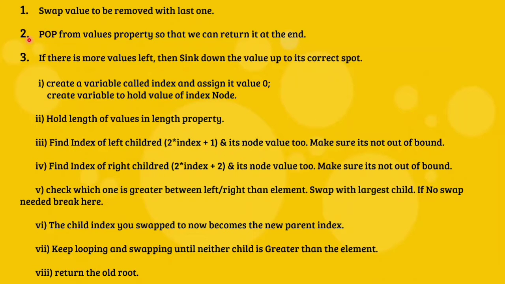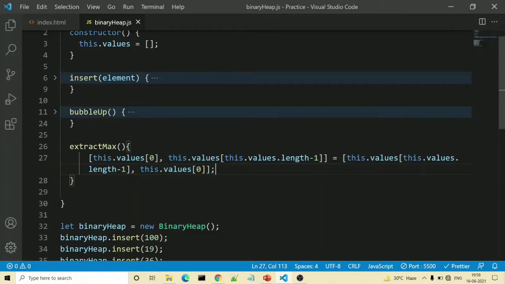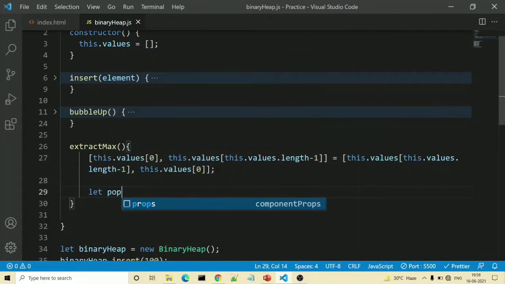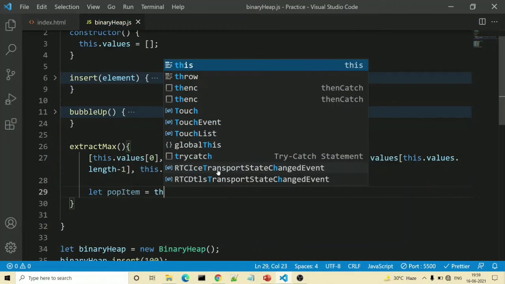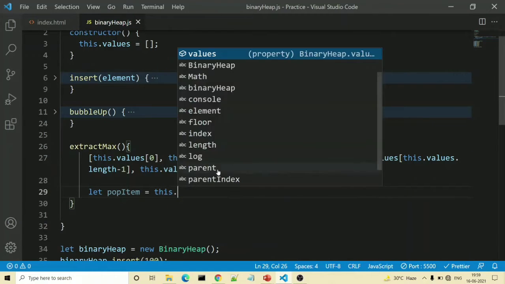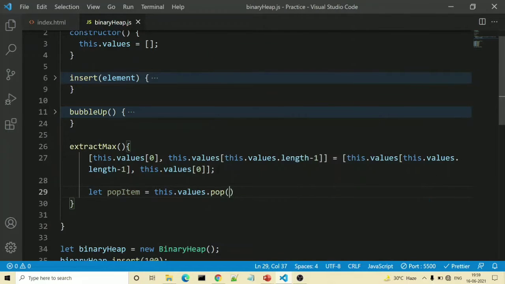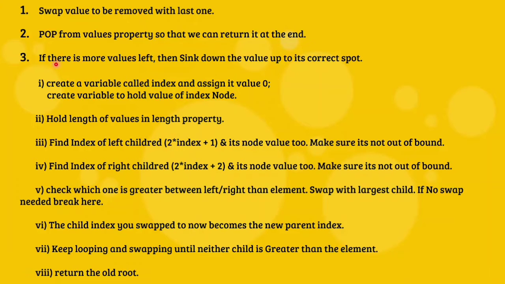Then in our next step, it is saying pop from the values property so that we can return it at the end. So we will write let poppedItem is equal to this.values.pop. With this, our last value will be popped out, which we want to remove. In the next step, it is saying if there are more values left, then sink down the value to its correct spot.